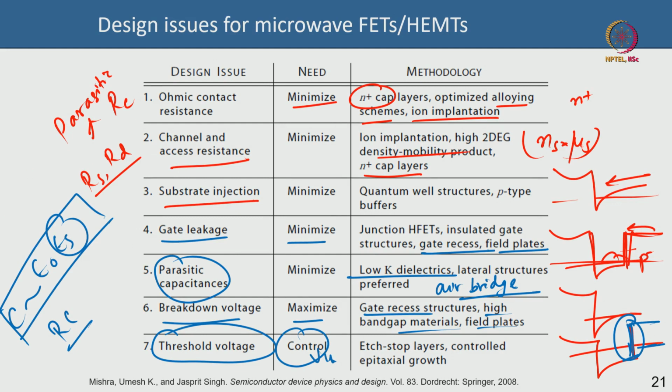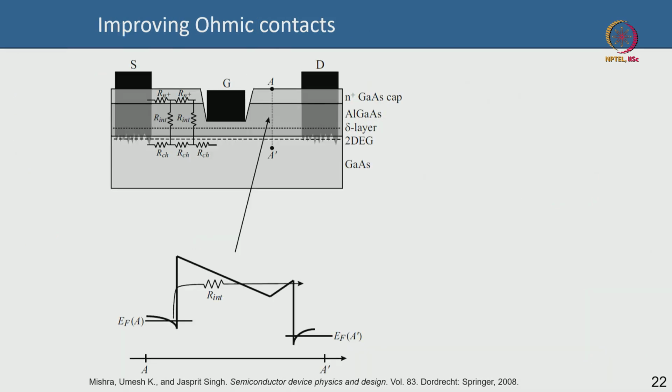So, epitaxial layers with very sharp interfaces, an etch-top layer for control, and precise gate recess etch, all these things help control the threshold voltage to a precise level, and these are very important for microwave device performance. Okay. So, if I talk about ohmic contact, I already said about the N plus gallium arsenide contact,